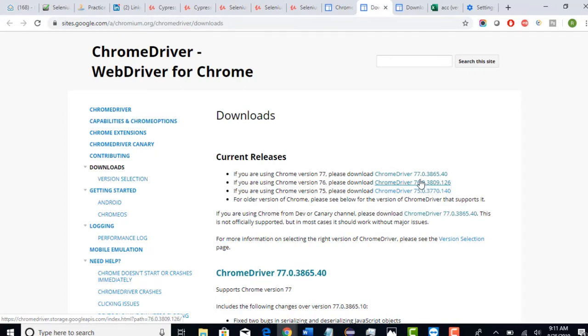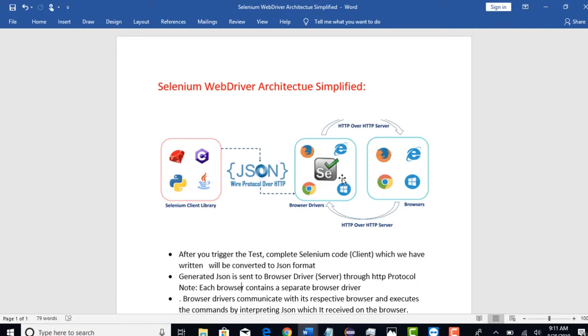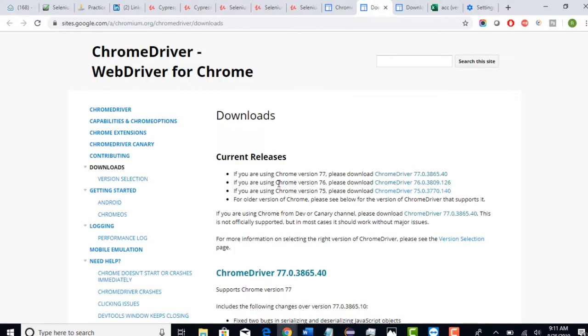Okay, if you try to download Chrome driver 77, basically you are downloading the 77 browser driver, but you are trying to interact with 76. So there will be some miscommunication and your test will fail. So that's the reason these guys specifically provided information on what file you need to download for what specific version. So if you have 77 in your machine, go and download that. By the time you watch this video, Chrome version could be 80, 90, 100. But make sure whatever version of the browser you have, download that respective exe file.